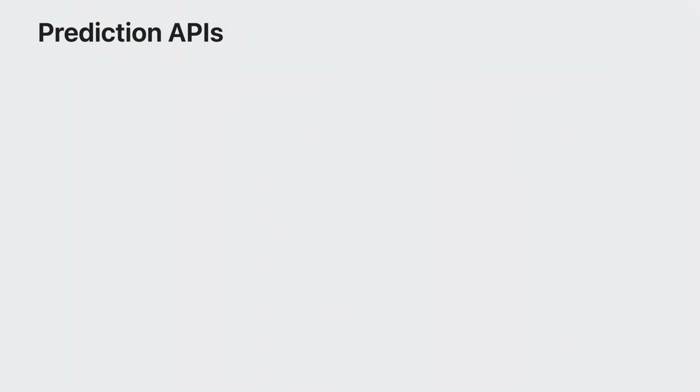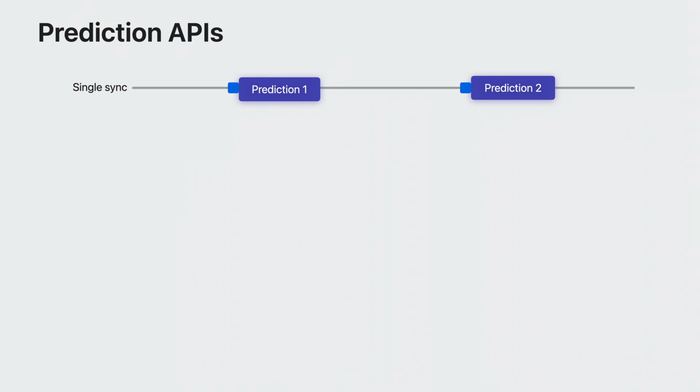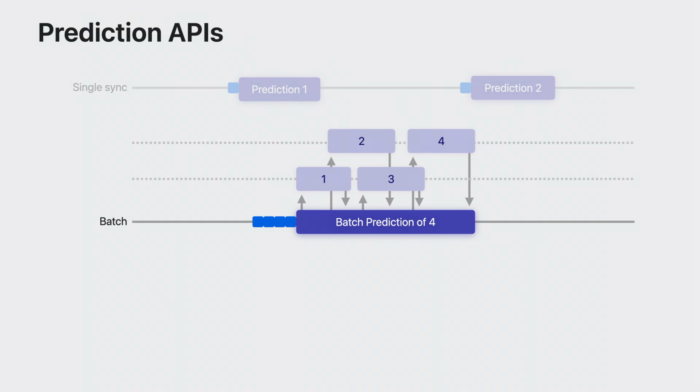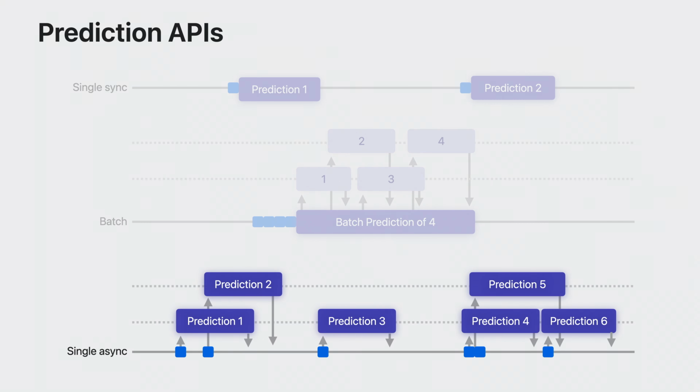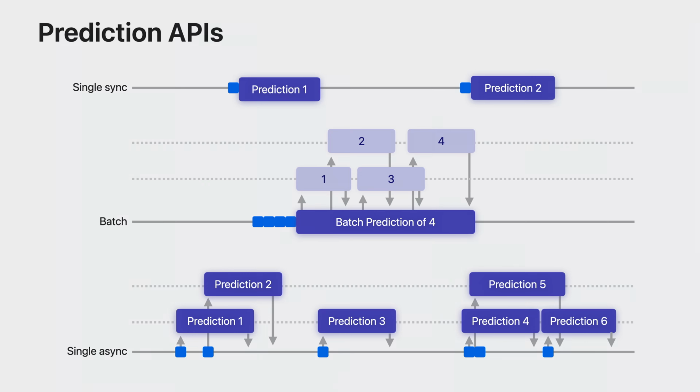Stepping back a bit, here's some general guidance on when to use the different prediction APIs. If you're in a synchronous context, and the time between each input being available is large compared to the model latency, then the sync prediction API works well. If your inputs become available in batches, then the batch prediction API is a natural fit. If you're in an async context and have a large amount of inputs becoming available individually over time, that's when the async API can be most useful.